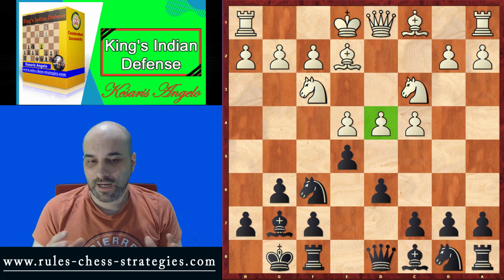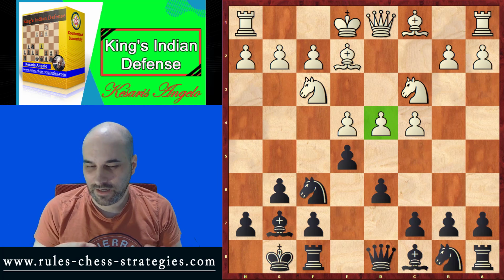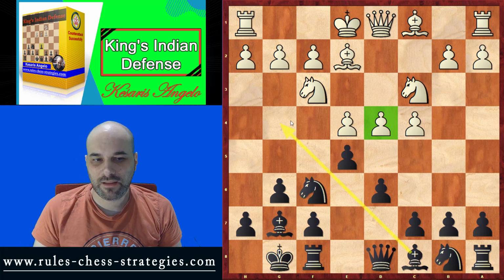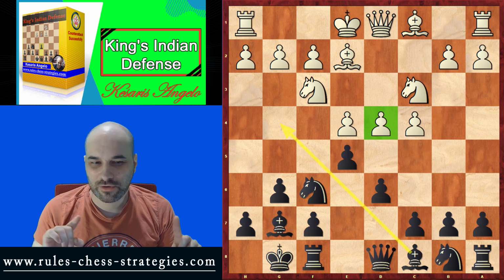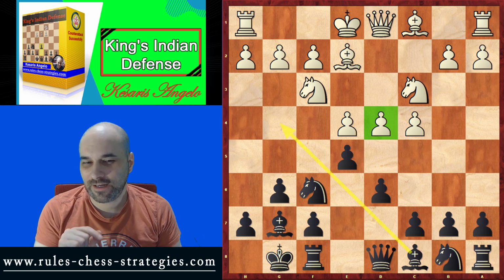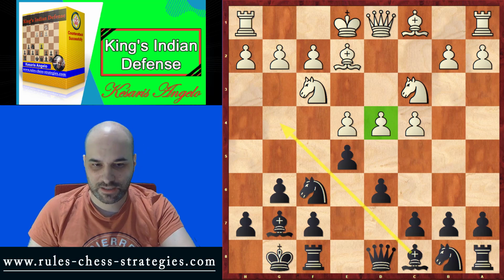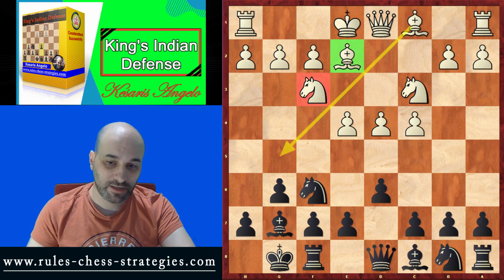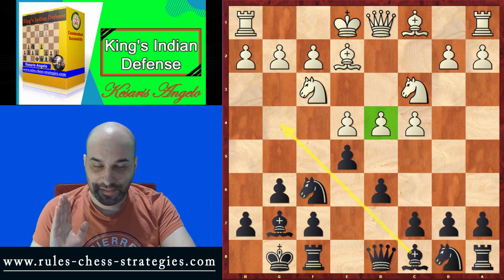I'm going to do another video about these traps in the Kotov system, how to attack this d4 pawn immediately, how to pin this knight, and how to play this provocative bishop on g4, and then try to do something later on e4. It's an interesting system. We're going to see about that in another video, but here the move e5, the strategy